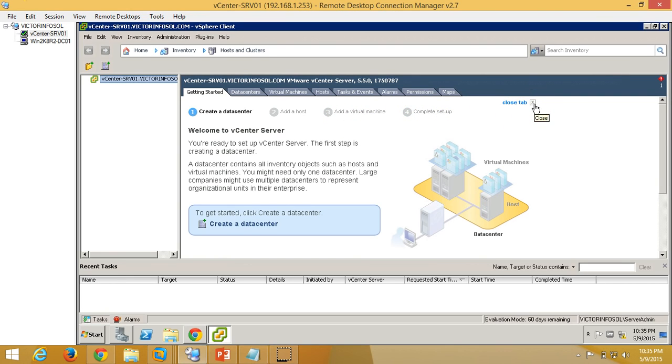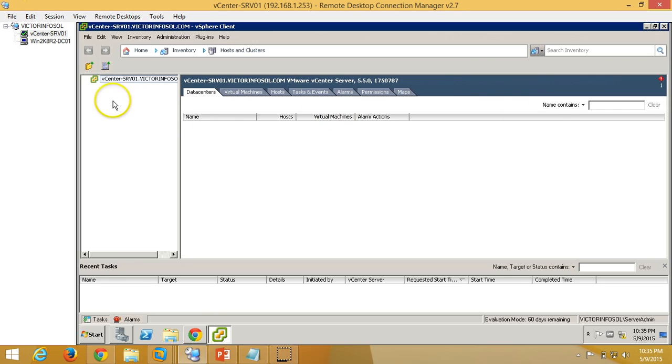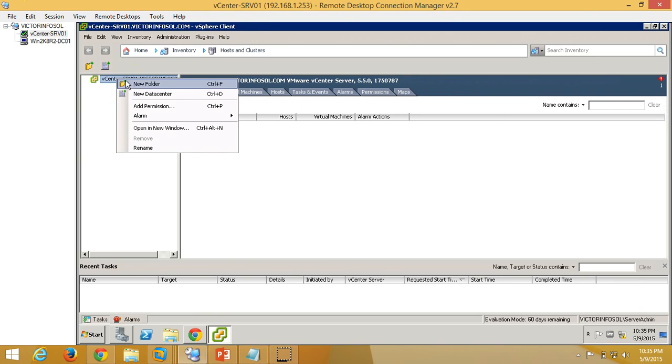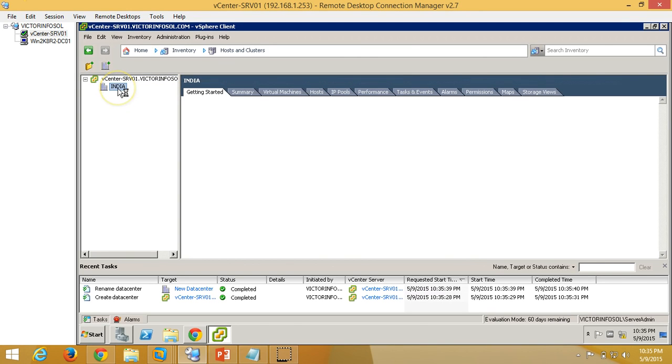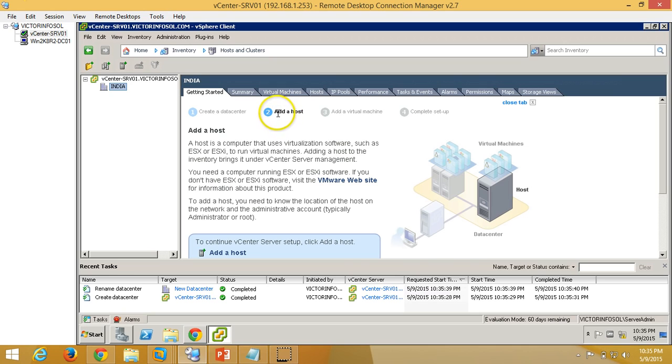So here we are, and I'm just going to create one data center here, and I am just clicking the right button on the vCenter server and new data center. I'm just giving this name for the data center like India, and okay, and so we have created the data center actually, and now we need to add the host. So we have two hosts, and I'm going to add these two hosts in data center that we have created, and with the India name,